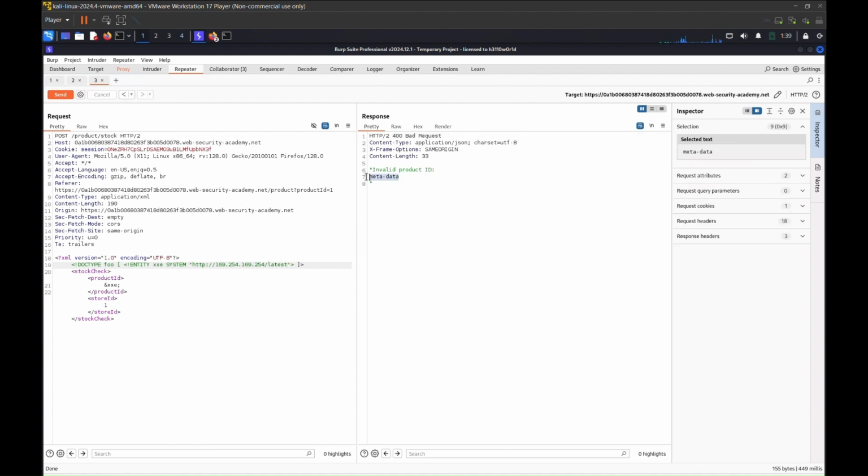We have got the metadata. Let's copy it. Let's place it after